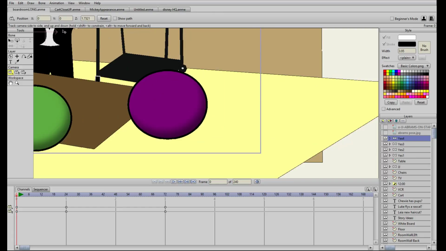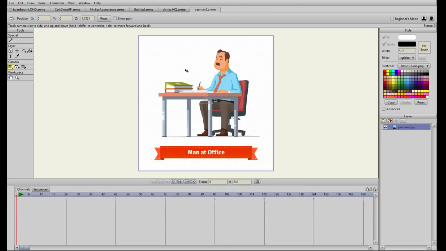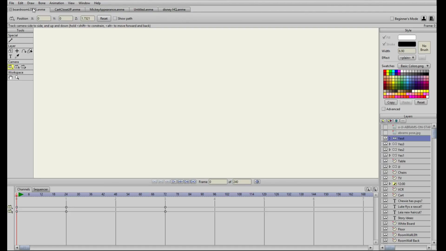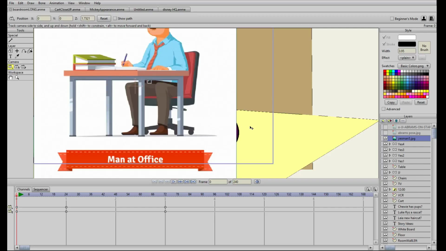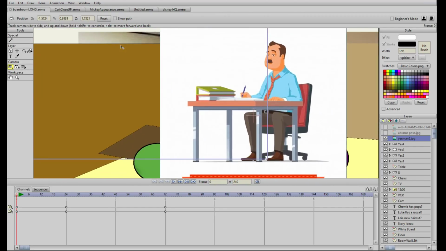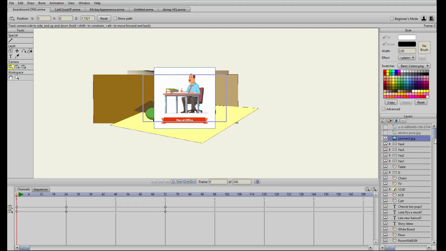Let's start with some of our yes men here. I'm going to pull up the source material. For this particular guy, I think I had envisioned this guy. Oh, what has happened here? Oh, I opened instead of putting in a layer. I think I had envisioned this guy. Just about did it again. There he is. Yep. Edit, undo, there. Just this layer. Can I get just this layer, please?